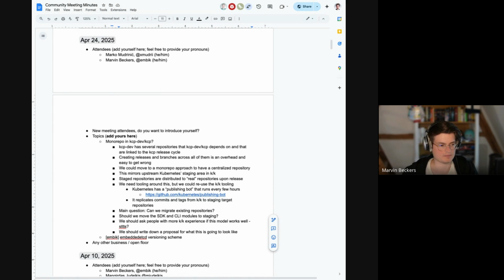Okay. This seems to be quite the big change in how our project is structured. So we're definitely not making a final decision today. But I like the idea of writing a proposal. I think something informal is enough. We haven't really done the KCP enhancement proposal process much. I recently wrote, what did I call it, an RFC for moving the PR title scheme, as a Google Doc.